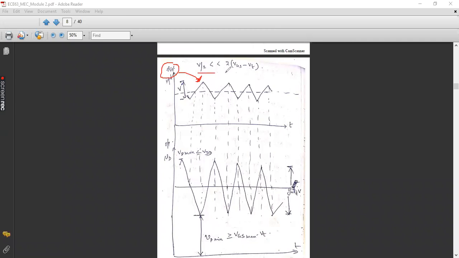And the condition to be ensured is, as I told you, the user or the designer does not have any freedom to give any input amplitude level. He has certain restrictions. The restriction is the amplitude should not go beyond 2 times VOV. The peak to peak is V, so the amplitude will be V by 2. So that V by 2 should not be increased beyond 2 into VOV. So we are maintaining V by 2 less than 2 times VOV, where VOV is the overdrive voltage, that is VGS minus VT.